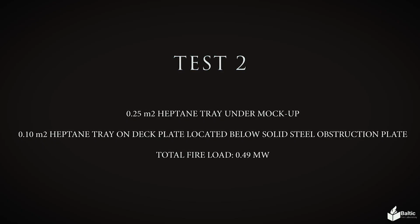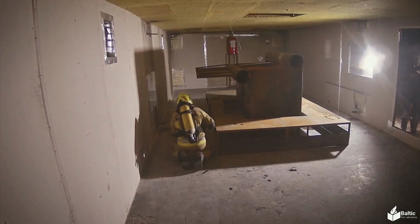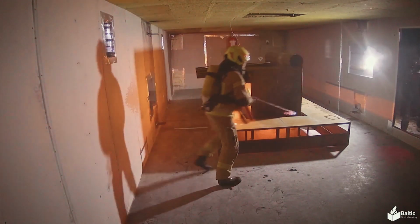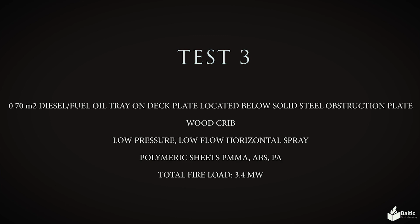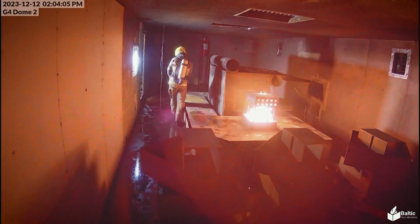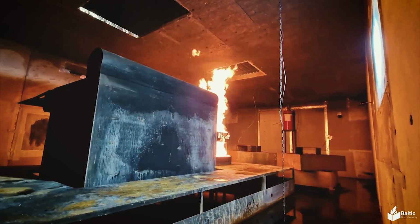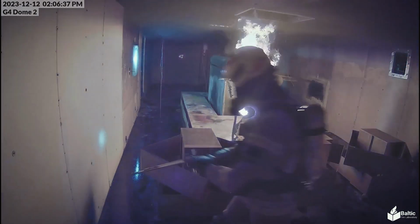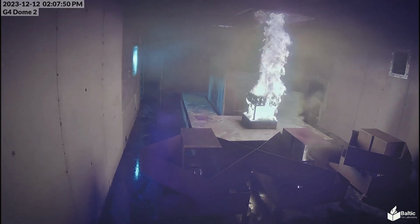And there are benefits and disadvantages to this 10 seconds. In test number 4, which you will see soon, there is a big overpressure in the enclosure. Designers deciding on a clean agent or CO2 system should assume there will be overpressure inside during the discharge. This was especially true in this test, the most difficult one, because we had openings before launching the system, since you have to maintain